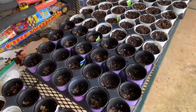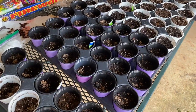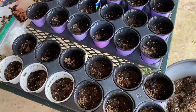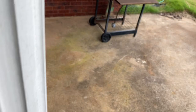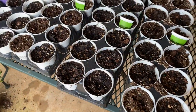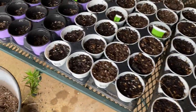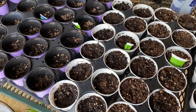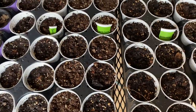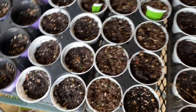Welcome back, everyone. So in our last video, we talked about trying to take old potting soil and take a little bit of fertilizer and horse manure and making these cups of potting soil ready to plant watermelon, cantaloupe, red cabbage, and how we can pretty much take our seeds from any plant and start them anew in cups so that we can plant ourselves a bountiful garden